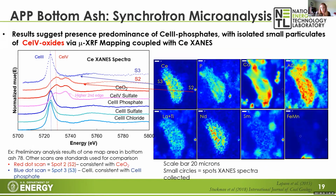We found that there are different binding natures between the Appalachian ash and the Powder River Basin ash. We collect map areas of the Appalachian Basin ash. The results suggest a predominance of cerium-3 with some isolated small particulates of cerium-4 oxides. What we're looking at with these micro-XANES is that cerium-4 will have two white lines, as indicated by some of these standards here, as opposed to cerium-3, which will have the one